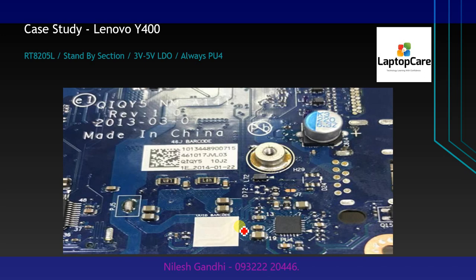So we decided to check the impedance at the output, and we found that the impedance at the 5 volt line, that is the 5 volt always line, was very near to ground. So definitely there is a short in the board because of low impedance. The 3 volt side was okay, but because the 5 volt line was shorted, the IC had gone bad, and even this was not giving output.